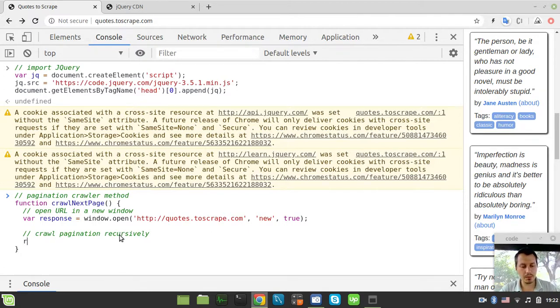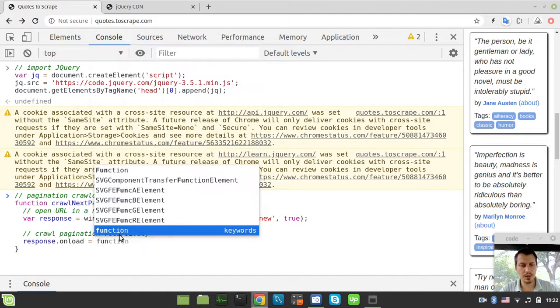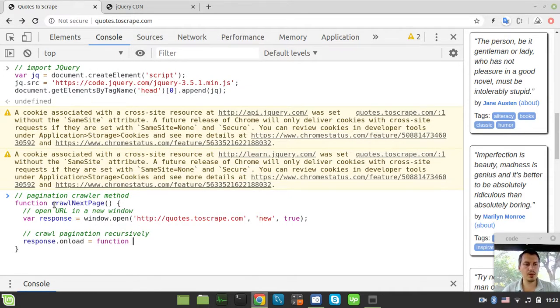So if we say response.onload, in this case we can specify the onload attribute of our newly created window, and it would be equal to the function. And it's very important to give the function exactly the same name as the initial function right over here, otherwise it won't really work. So like this, and within this function